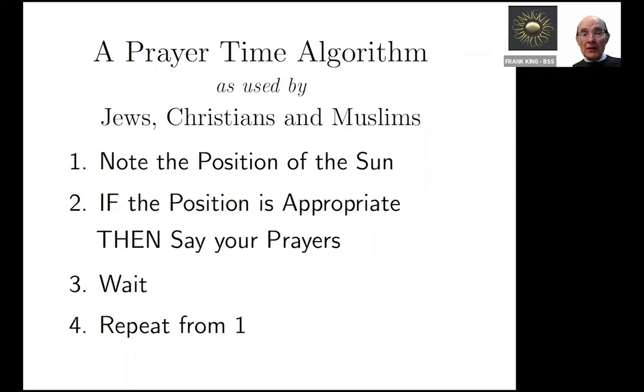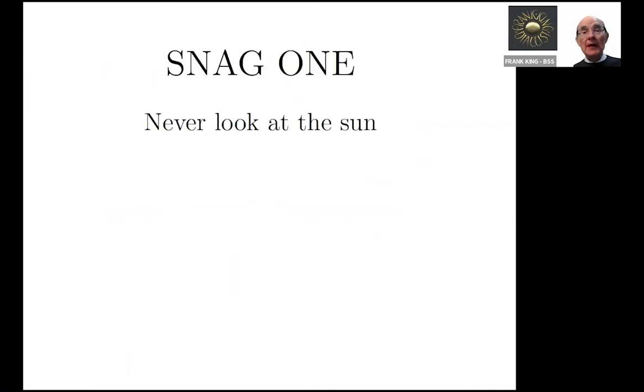To be sure, the algorithm is a little short on detail. Just what do I mean by the position of the sun being appropriate? Well, we shall see. But first, there are a couple of snags to deal with. And the first is that it is very dangerous to look directly at the sun, and instead, traditionally, people made